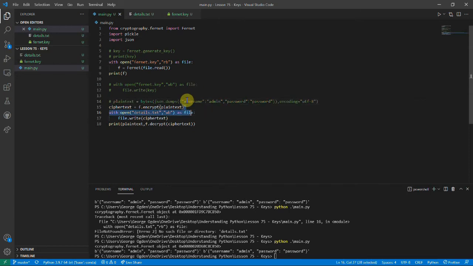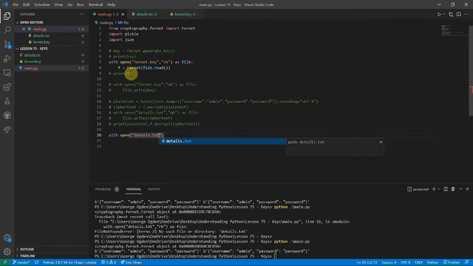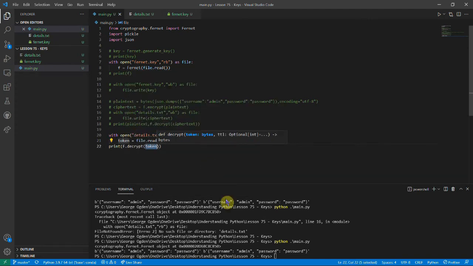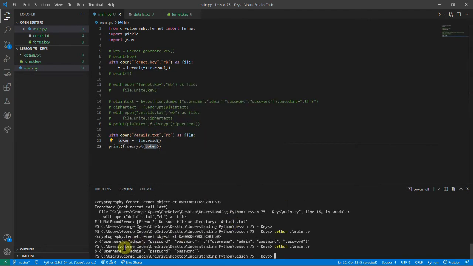So when we delete this and all the encrypting methods, as long as we've got the key, which we've got here, we can then open our details.txt file, and we're reading from it this time, and we see that our token is file.read, so it's now a series of tokens, and then we can print f.decrypt token, and you see that we've now recovered this from this file,